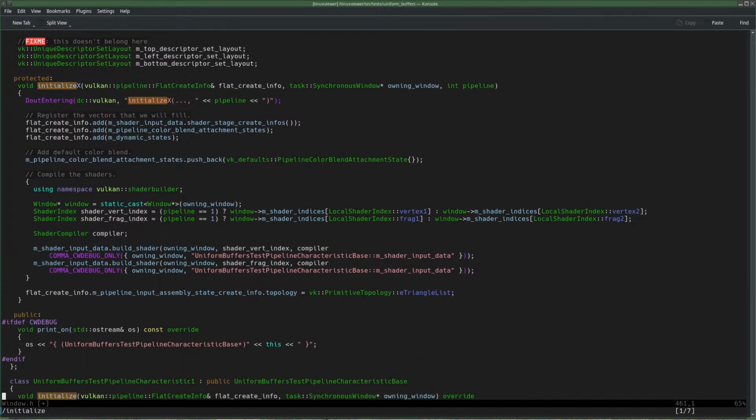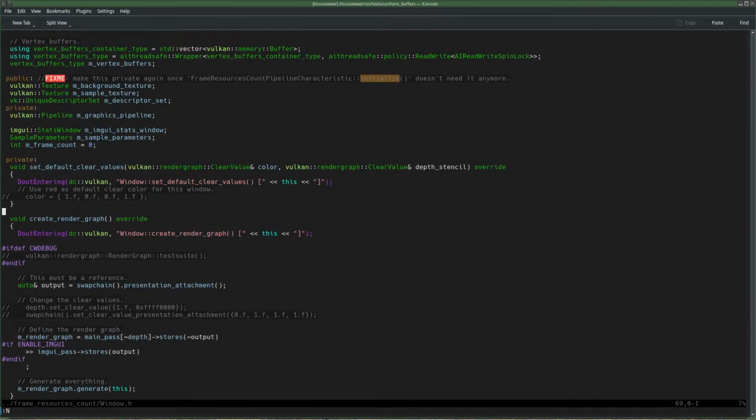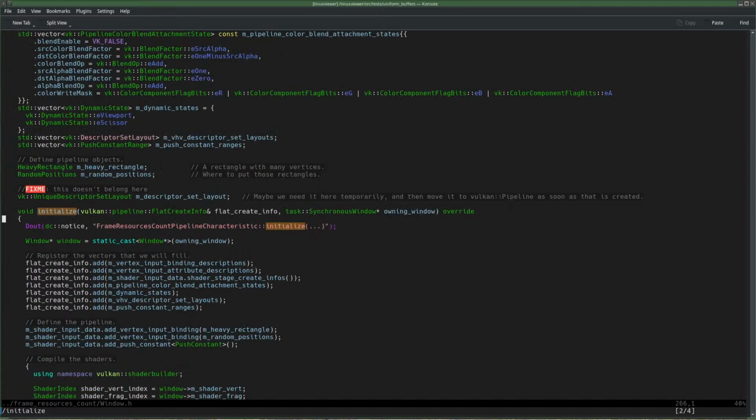And then I want to compare the initialize, because this is old code, or well, what it was before I moved it and deleted all that stuff. And this is the new code. And I need this window pointer, or at least casting it to the real class, because I need to access those things.